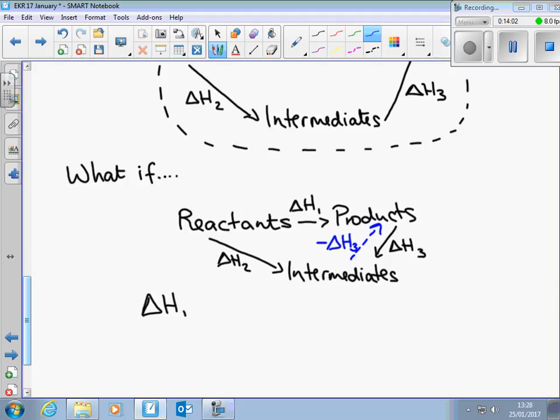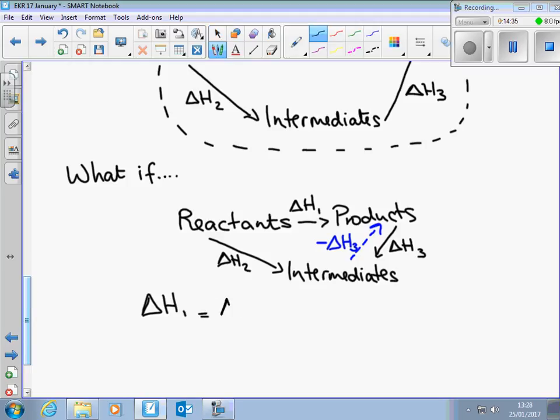Okay? It's the same reaction but in reverse. Well, an endothermic reaction, if you reverse it, will be exothermic, won't it? That's a really important idea that you're going to need, because sometimes you'll just need to reverse a number, a value. Yeah. So our route now to get from reactants to products is